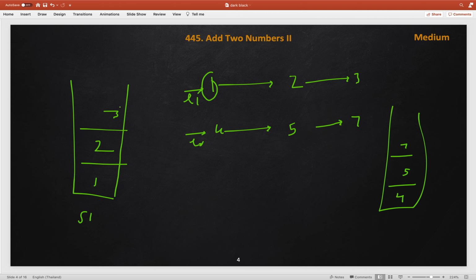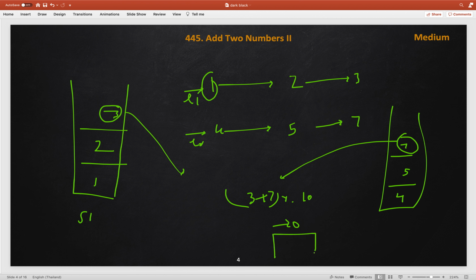Now what we will try is, we will keep taking the top element until the stack is not empty, and add these elements. So this will become 3 plus 7, then it's 10, we will take the modulo with 10 and this will become 0. So 0, we will create a new node here in our result list with the 0 node and add null, and our head pointer will point at this now.